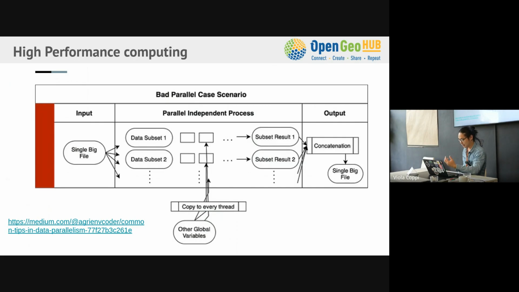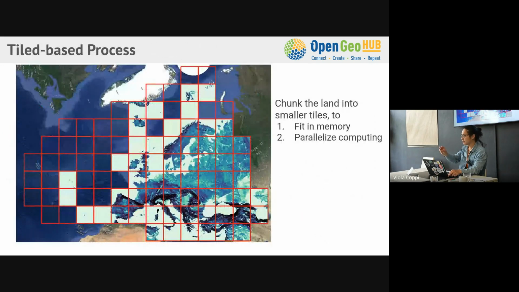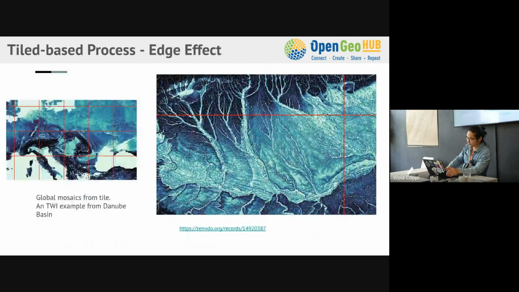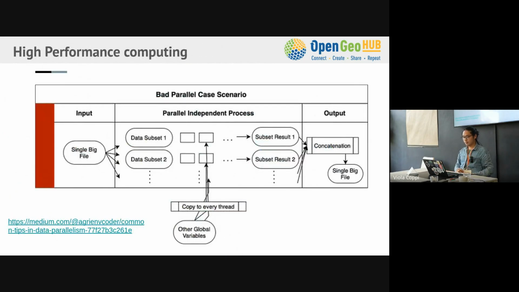To be noted, now we're talking about parallel computing in terms of data parallelization. We have all these tiles, and for each tile we do all the processing. We call this scheme data parallelization. Each tile has its ID: 1, 2, 3, 4, 5, 6, 7, 8. For example, these are 8 tiles, and the 8 tiles will be computed in parallel on 8 threads on the computer. And I wanted to talk a little bit about this bad practice of